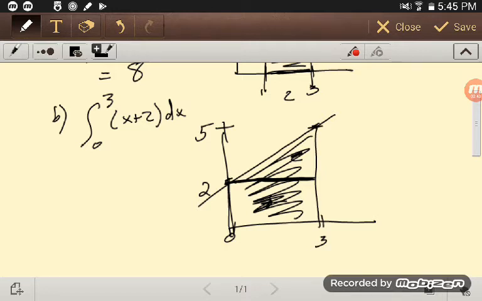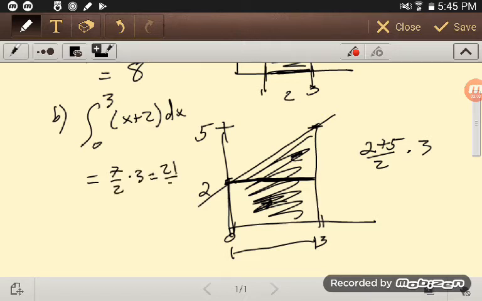So we have 2 plus 5 over 2, and then times the width, so times 3. And so that's 7 over 2 times 3, which is 21 over 2, or